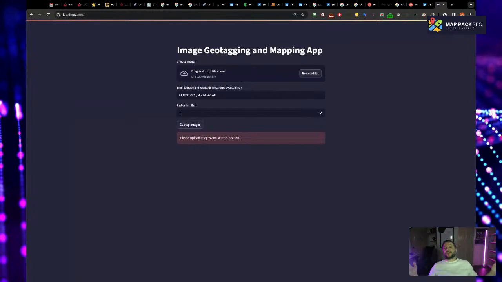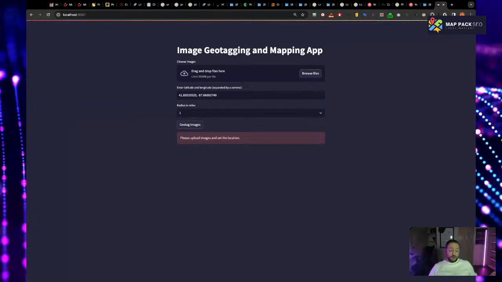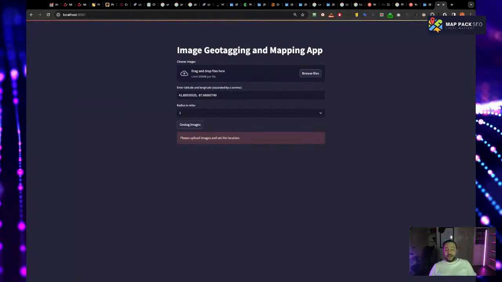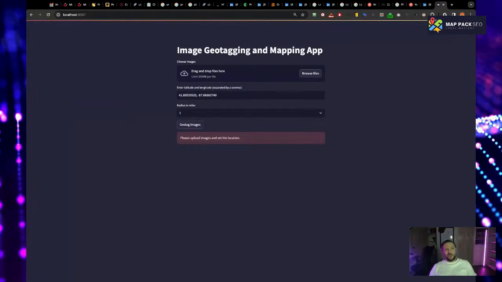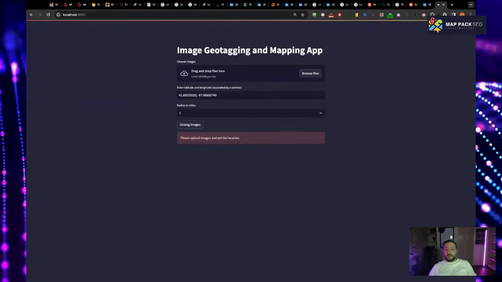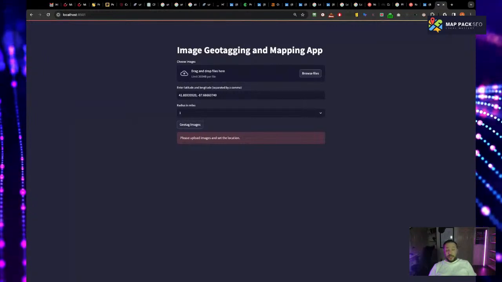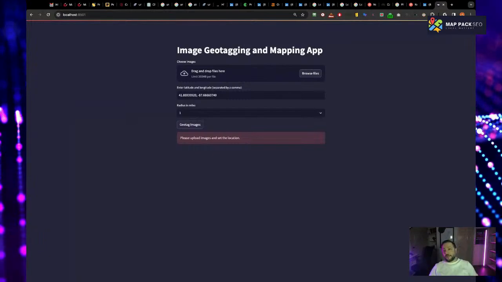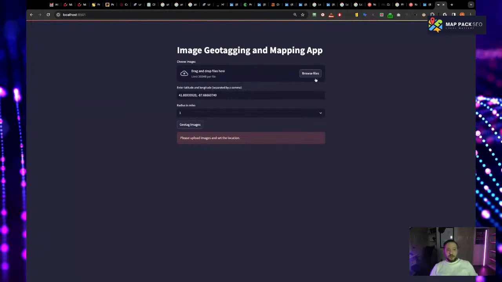I'm not sure if this is going to help with the SEO. I believe Google deletes the EXIF data, the file data, the photo data. But why not? Let's create it, and if you guys want to test it, it's going to be a free tool out there. So it starts with